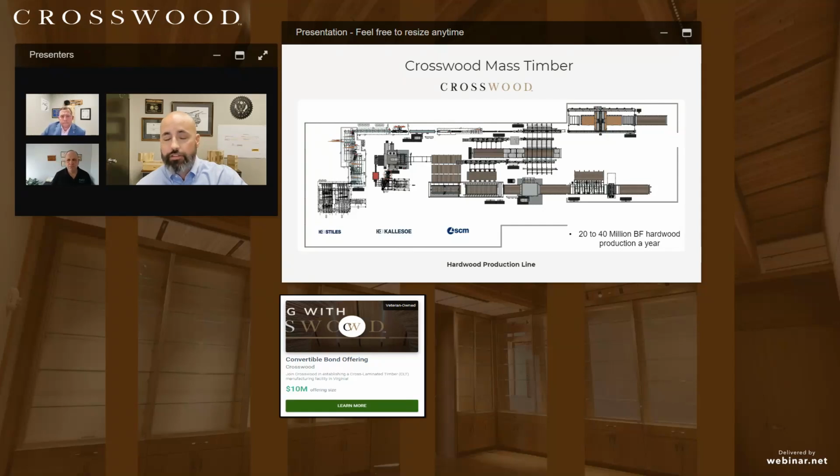So essentially from left to right across your screen, those yellow poplar lumber boards are coming in. They're going through some pretty rigorous quality control checks to ensure things like moisture content, and that it meets all of the requirements to be used in a structural application.